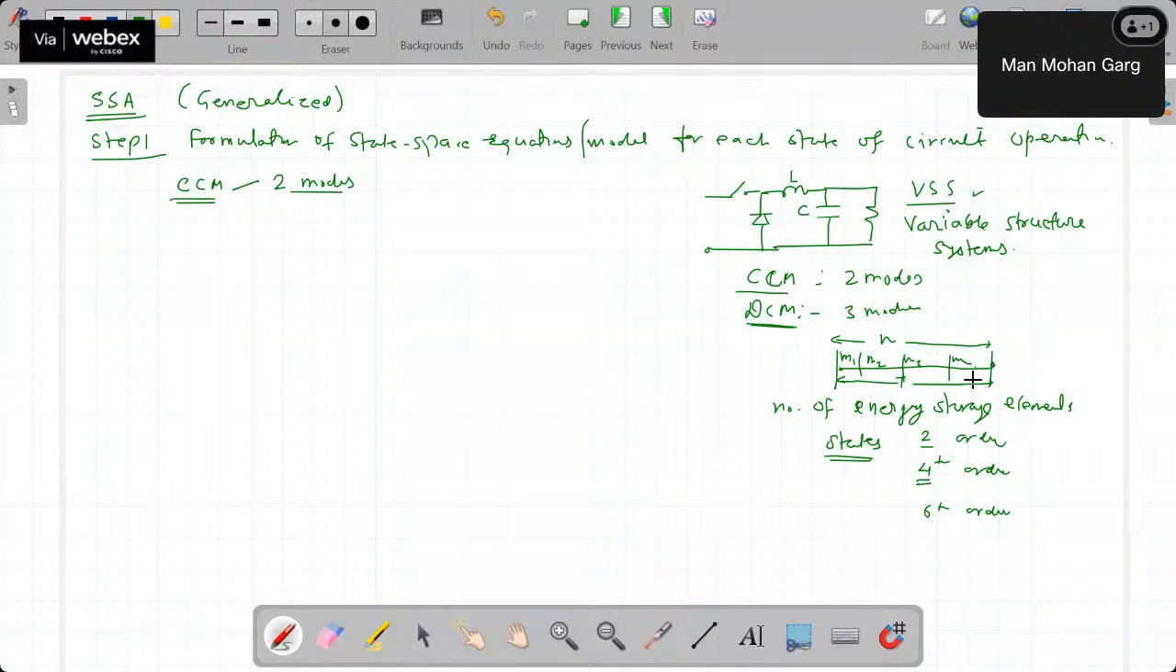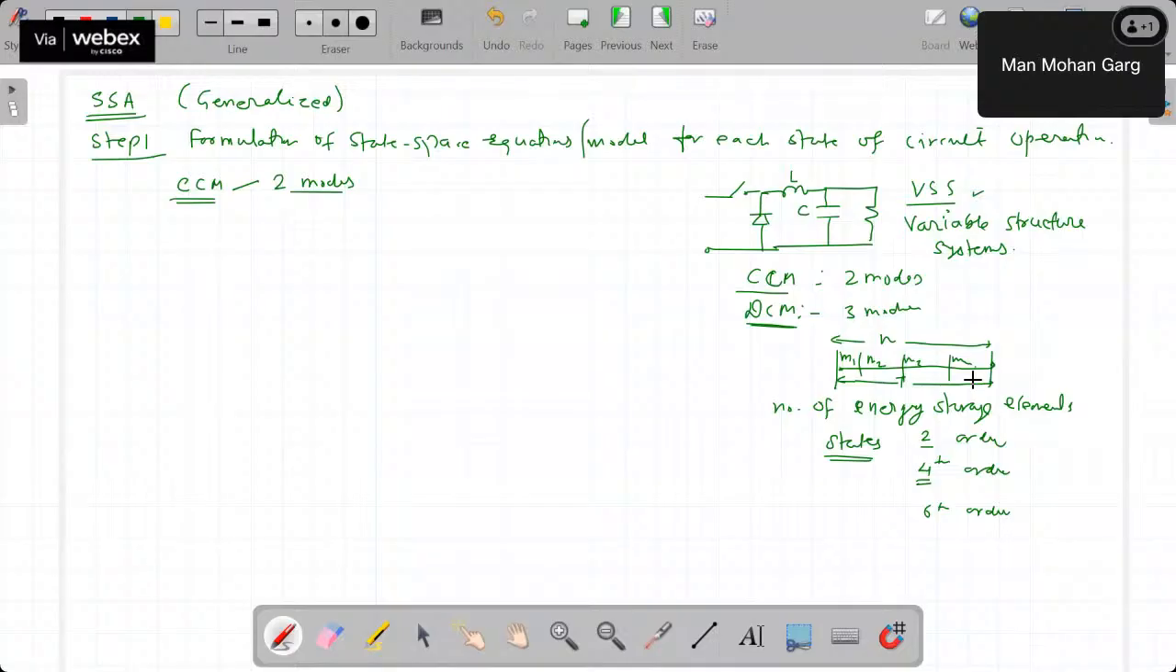T is divided into n parts. So let's say it's 100 microseconds. Maybe for 6 microseconds one mode is there, for 20 microseconds another mode is there, for 50 microseconds another, like that. So the total should be 100 microseconds. But if it is having only 2 modes, then if it is 100 microseconds,